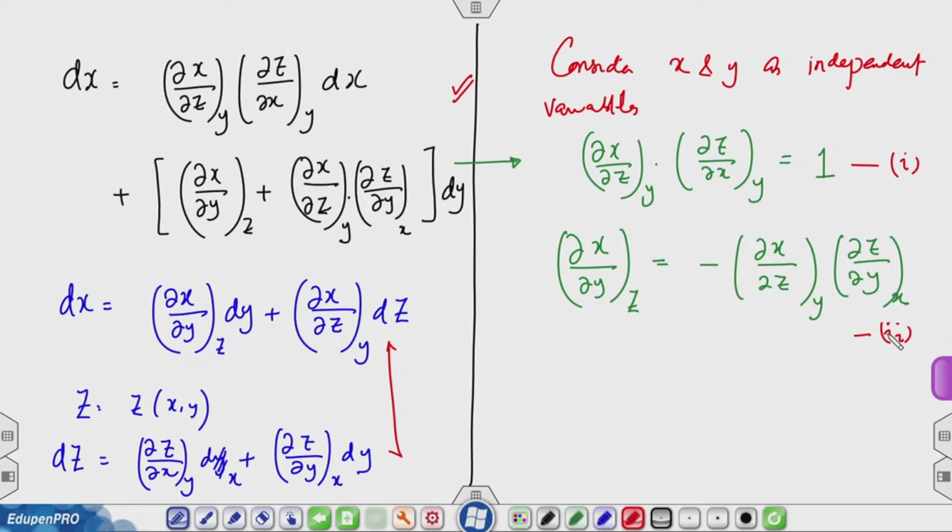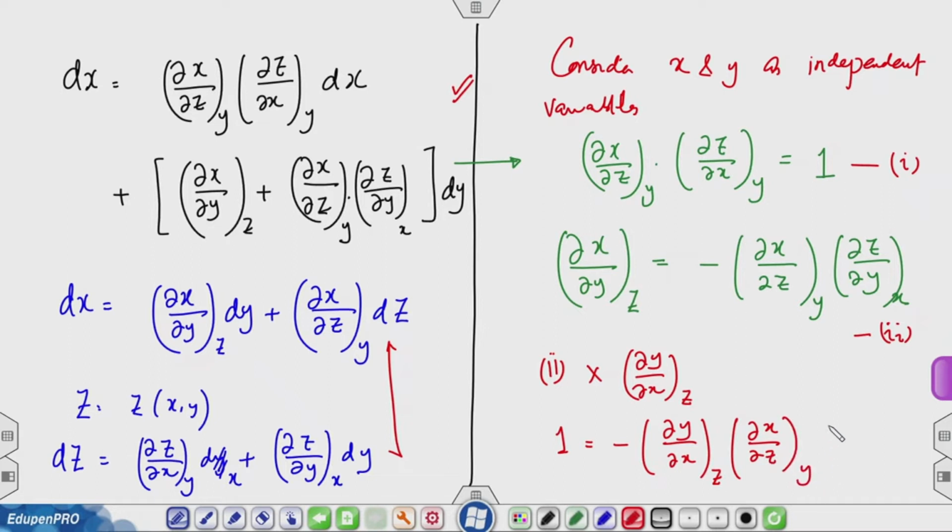So if I multiply 2 by partial y, partial x at constant z on both sides, the left hand side gives you 1, and the right hand side you get minus partial y, partial x at z, partial x by partial z at y, partial z, partial y at x. That's another relationship. So I've gotten 3